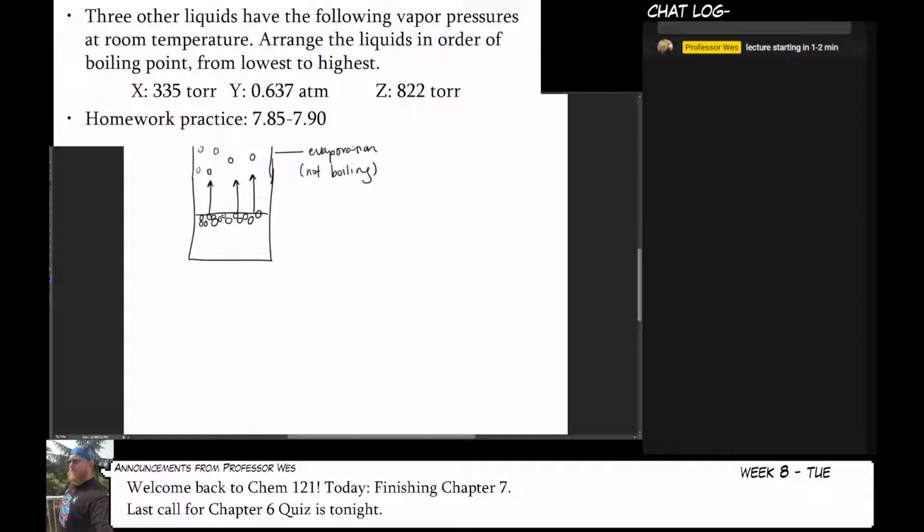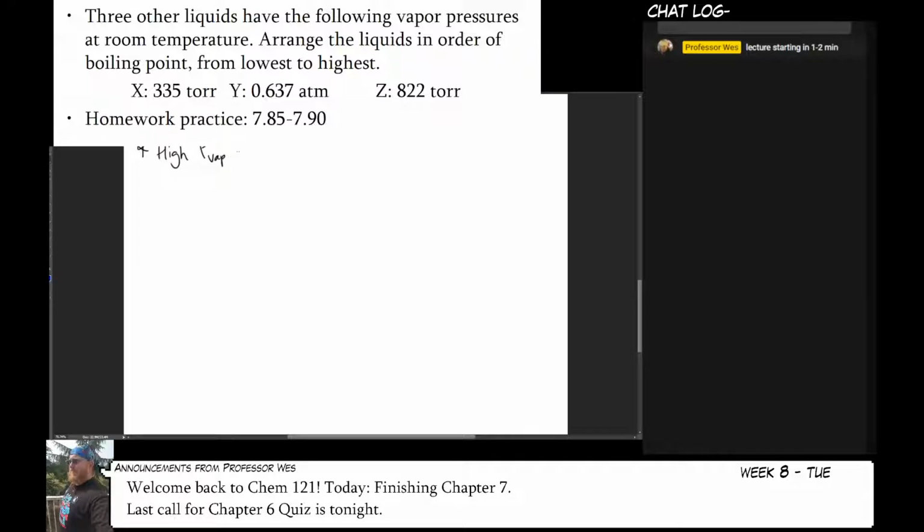All right, for this last problem here, I have a bunch of vapor pressures, and I want you to arrange them from lowest to highest boiling point. And so it's very important to remember how vapor pressure affects boiling point. And so if the vapor pressure is high, then remember that indicates that the molecules in the solution or in the liquid